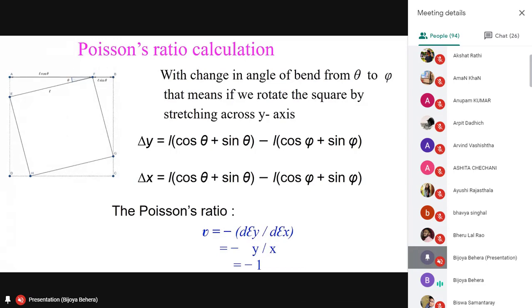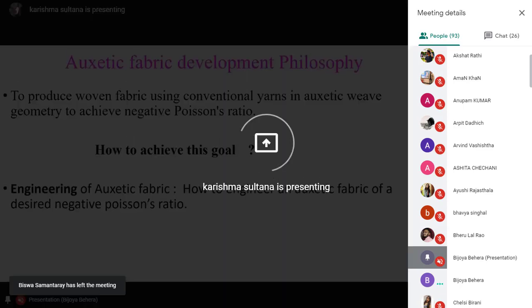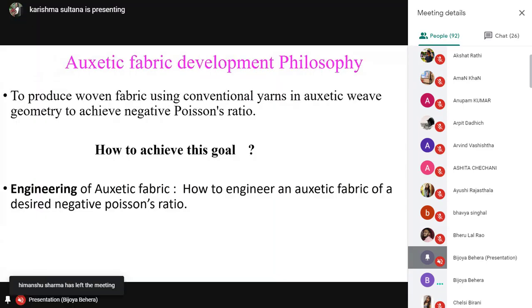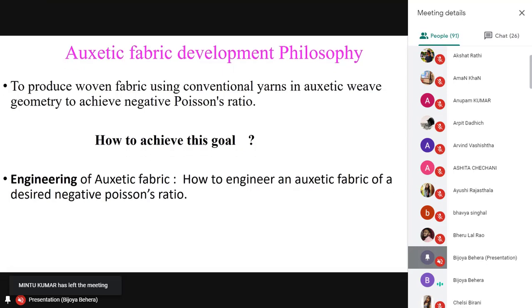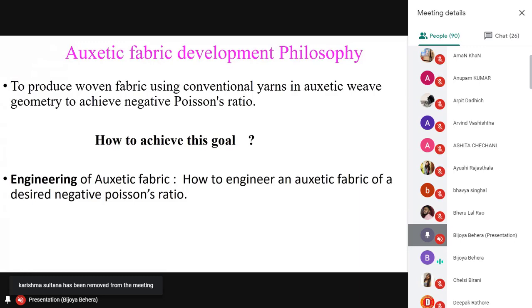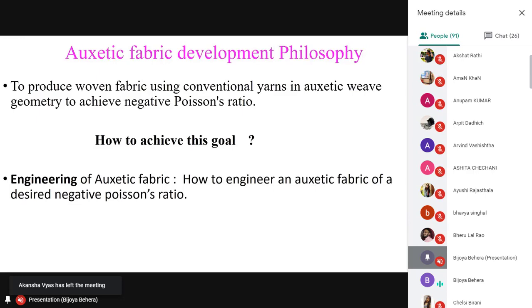A negative Poisson's ratio value is nothing but an auxetic material. That means such a geometry also gives a negative Poisson's ratio. Similarly, you can find your own mathematical model taking any auxetic geometry already available in nature, or geometry people have developed, which we call man-made auxetic geometry, in which you will find the Poisson's ratio is either 0 or a negative value. This is how the mathematical proof of NPR value, negative Poisson's ratio, or what we call auxetic material.